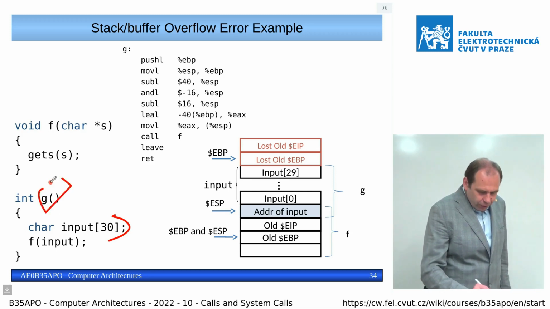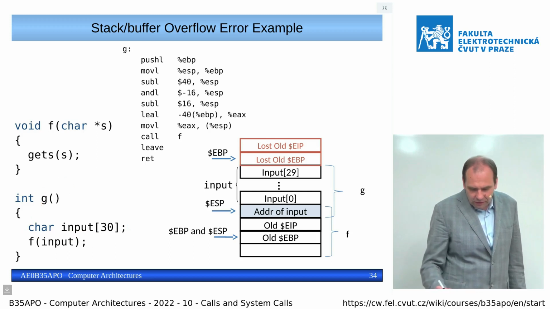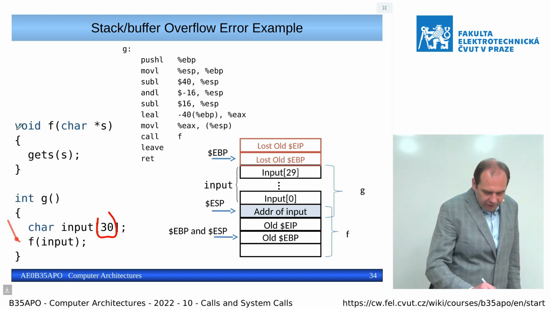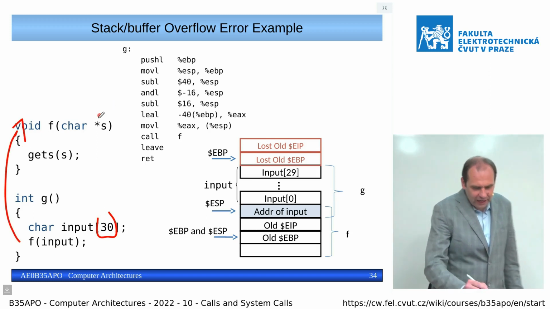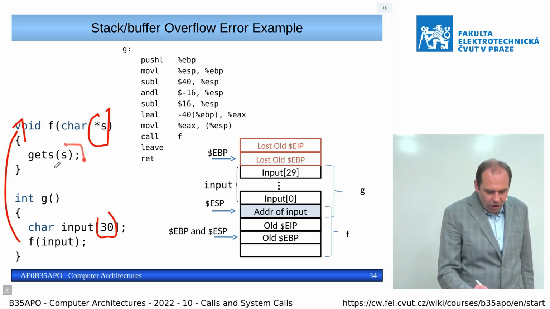We have function g, and function g wants to read some input, so it allocates space for 30 characters. Then you call f input, which is some function which gets a pointer to the stack here, and it calls a